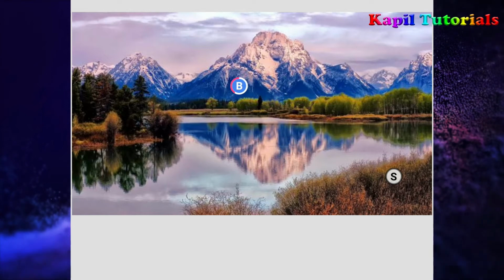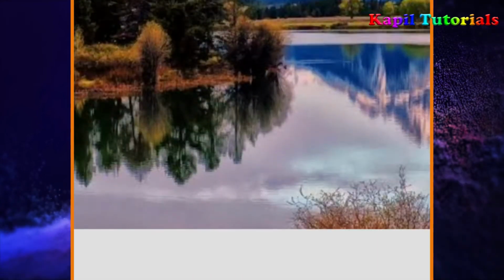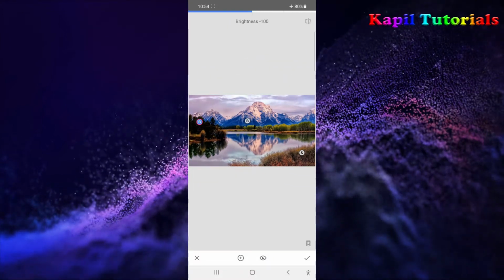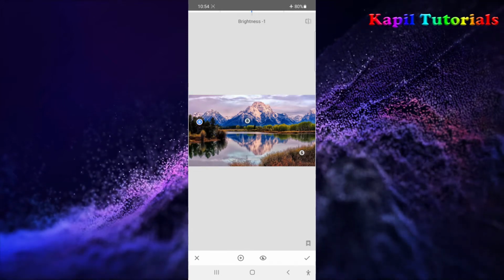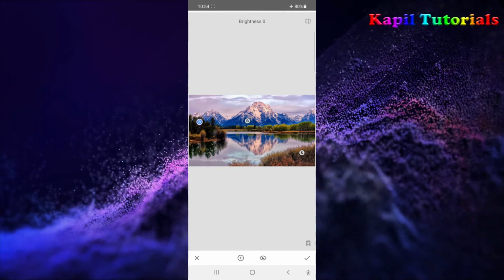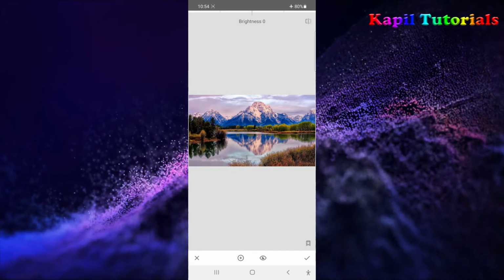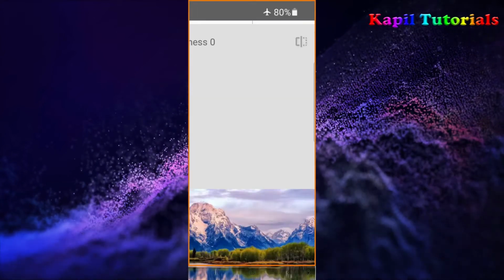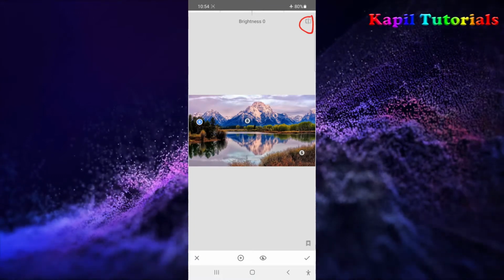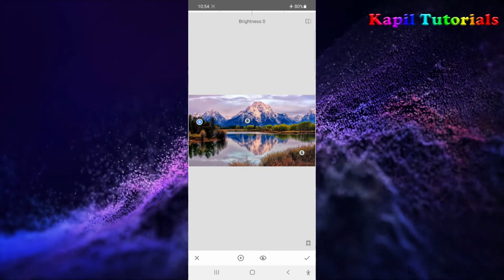One more, suppose I want to select here where this green part is, these trees this side. So here also I'll show you. Just see brightness, not totally dark. So sometimes you may feel that this tool is very helpful if you want to change the selective parts of your image. So originally the image was like this. From where I am seeing, from here, earlier also I have told you, this option. Okay, so I'll close this option also.